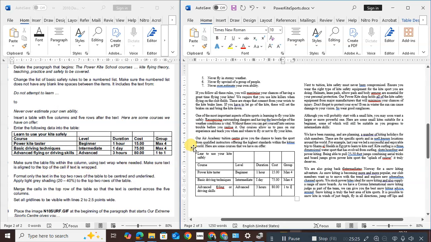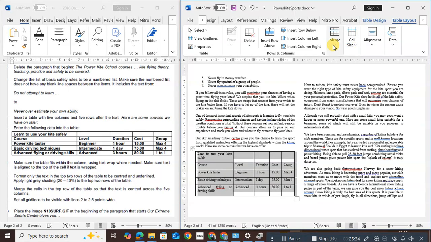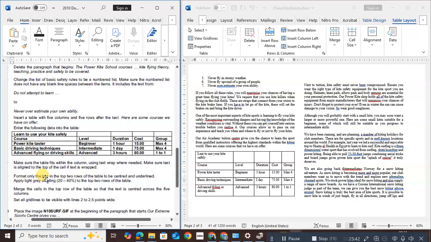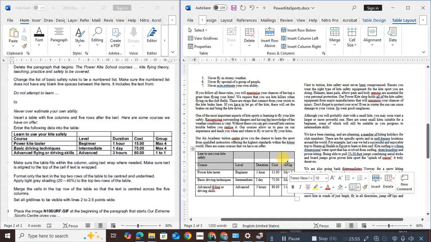Okay, so I'm going to click here and choose my table design, table layout, and then I'm going to choose the alignment, which should be top of the cell. Now it says format only the text in the top 2 rows. So cells in the top 2 rows. So this is the first top 2 rows, to be centered, aligned,